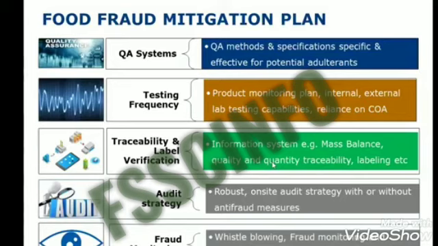First of all, your QA system. How effective is your QA system, this is also very important. And you have to consider that every raw material, every packaging material, every ingredient which you are procuring from the supplier should have a written agreed specification for quality, safety, and food fraud attributes. So clearly defined so that you can avoid fraud in your raw material supply, your packaging material, your ingredient supply. And then the second most important thing is testing.